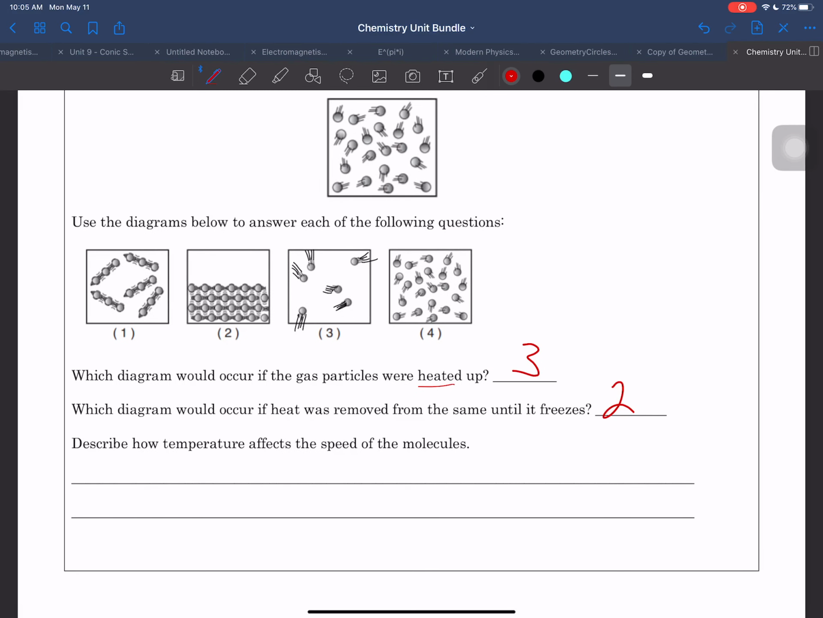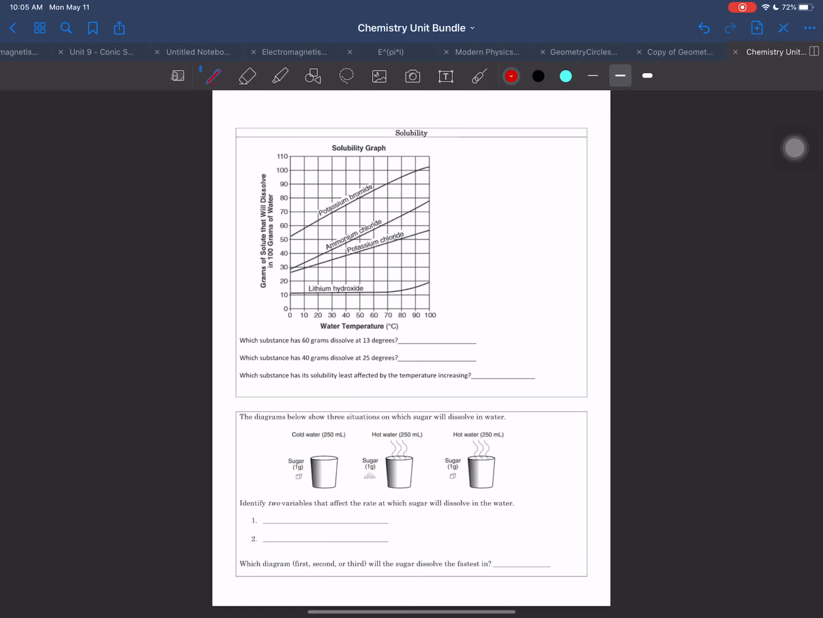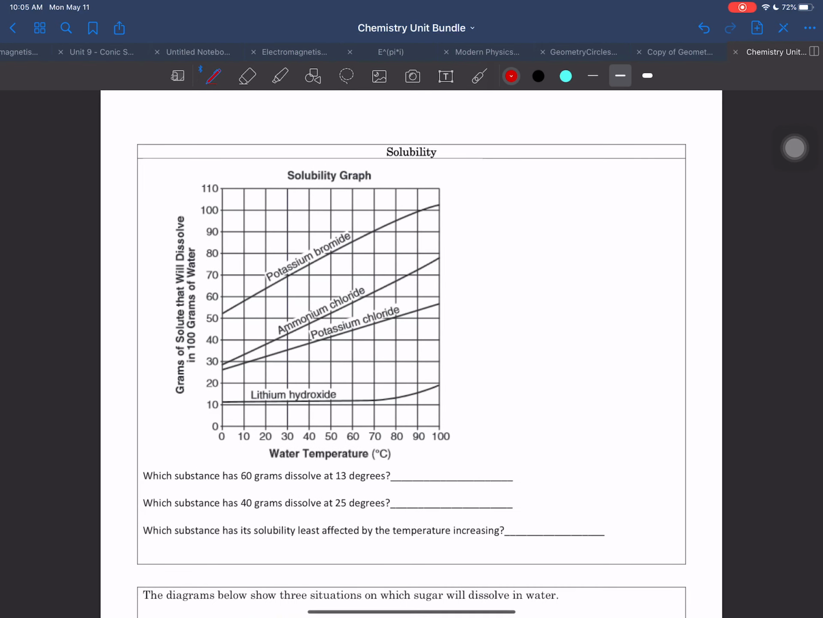Describe how temperature affects the speed of the molecules. So the relationship is going to be as temperature increases, the molecules move faster. And they spread out too. That's the major relationship that we're looking for. As temperature increases, the molecules move faster. Let's flip over. We'll do solubility,